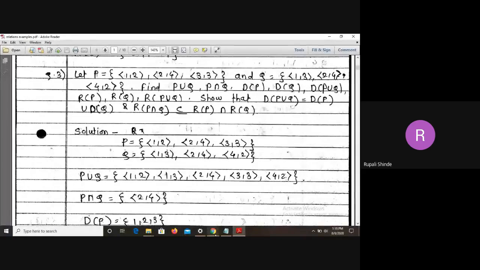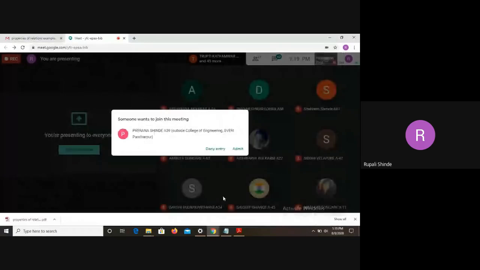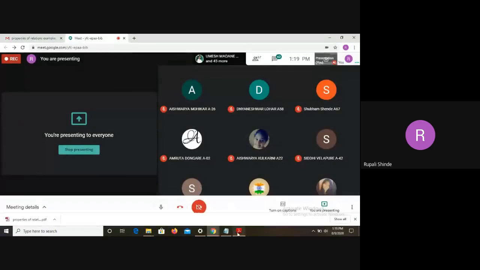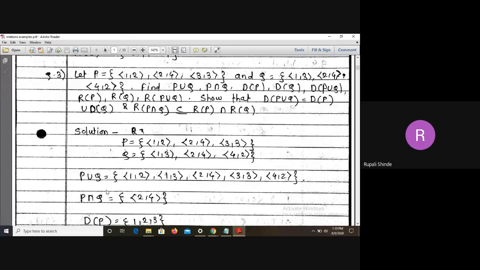P intersection Q we have already found out. Now we have to think about what is the range of this P intersection Q. So again, range refers to the second element, and that element is 4. So the answer for range of P intersection Q is